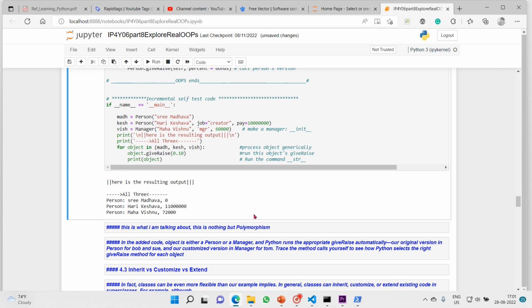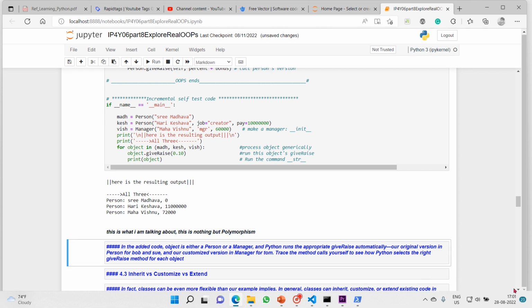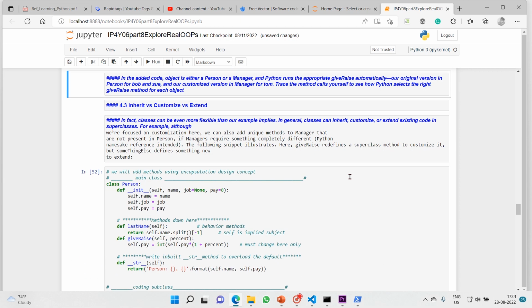So this is what we call polymorphism. So this is what I am talking about, and this is nothing but polymorphism. In the added code, the object is either a person or a manager. So these two classes, and Python runs the appropriate give rise automatically.